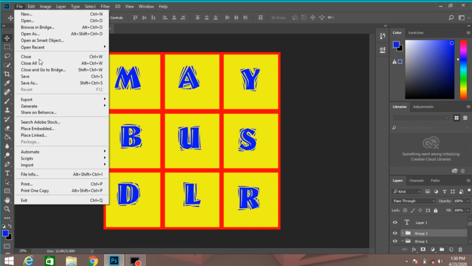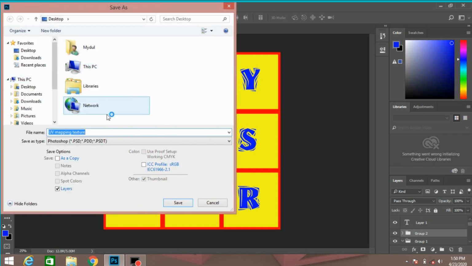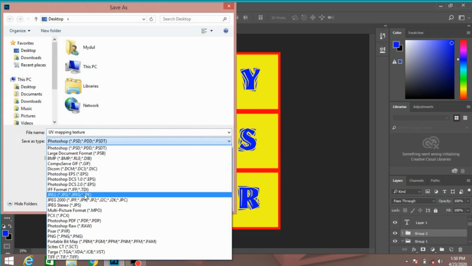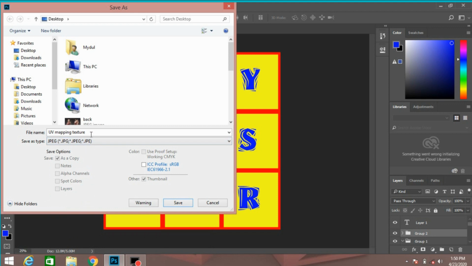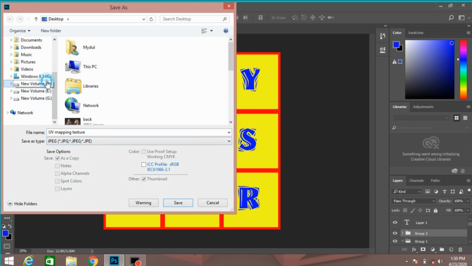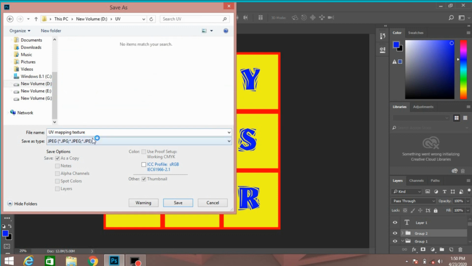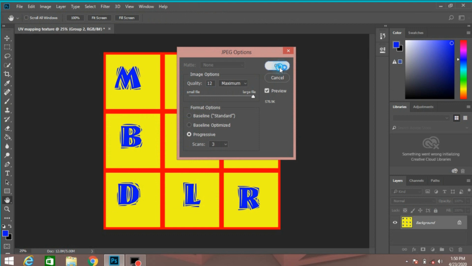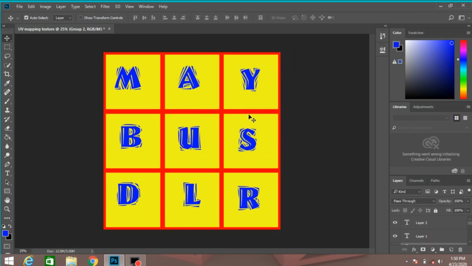And now go to File, Save. Save as, select JPEG and put it to here and press Save. Click OK. This will save the texture for UV mapping in Autodesk.